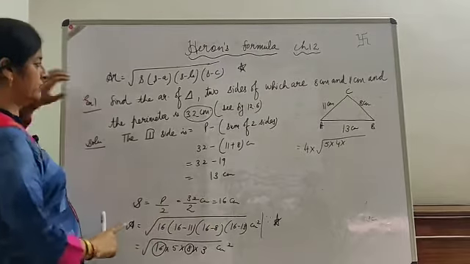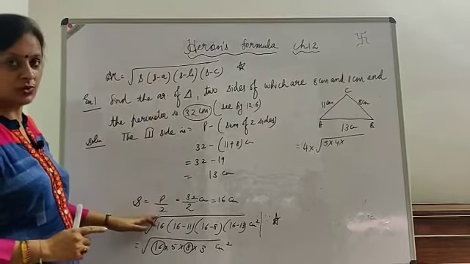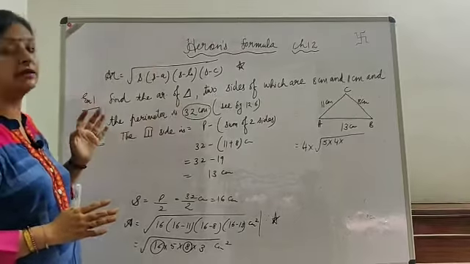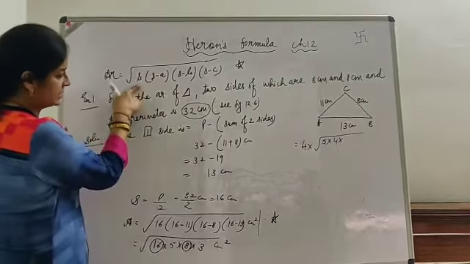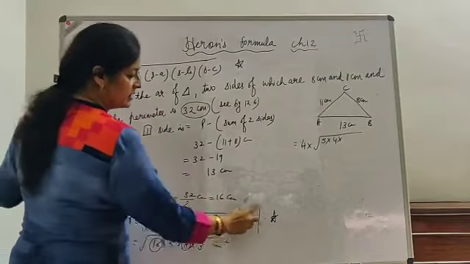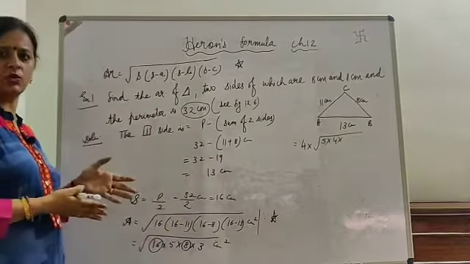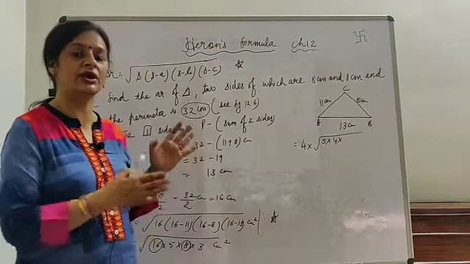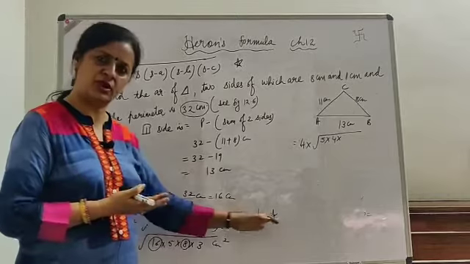Area is equal to, write down the formula. If you do not write down the formula, then marks are going to be deducted. By chance, if there is a problem in your calculation and the formula is written, you will get the marks for writing the formula. So area is equal to the square root of S, that is 16, times 16 minus 11, 16 minus 8 and 16 minus 13. Because of this star, I have given this formula the name star. Because I am doing so many questions, instead of writing it again and again, I say this is because of star. But you cannot write this in the exam, because in the exam hardly 1 or 2 questions you will get. So you have to write down the formula.